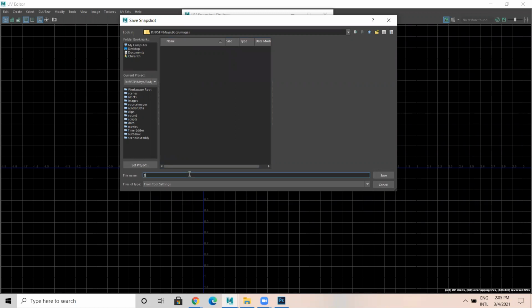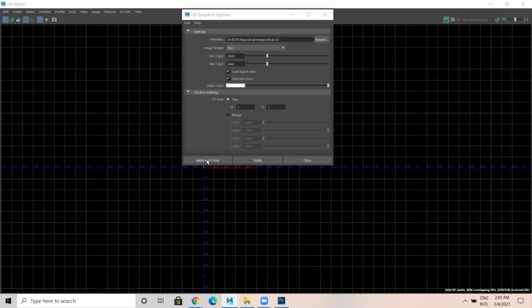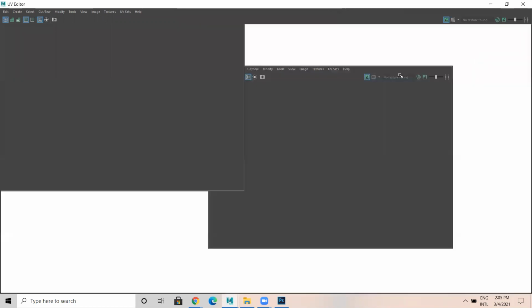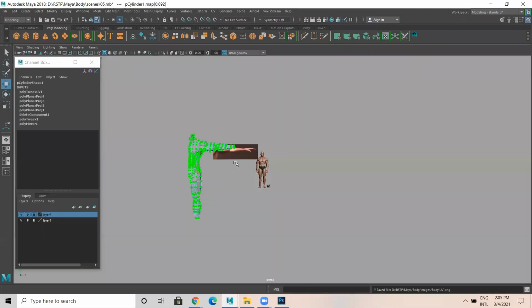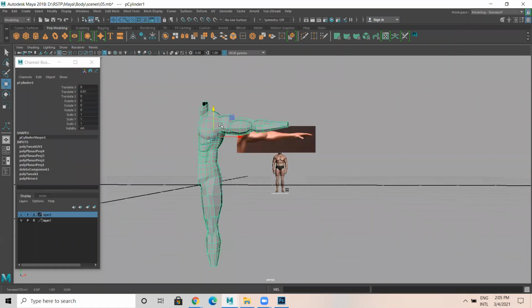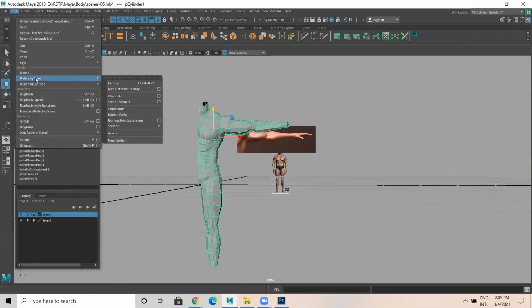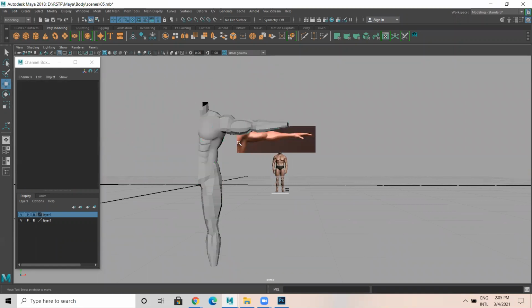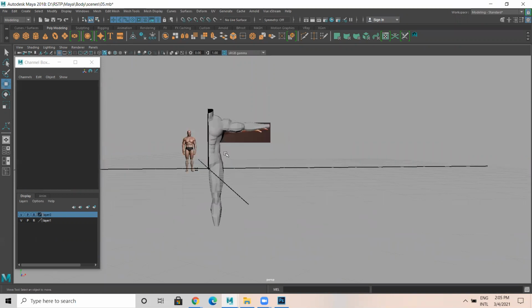This is body UV, in PNG, apply and close. So once this is done, select this model, edit, delete by type, history. Now this particular model's history has been deleted.